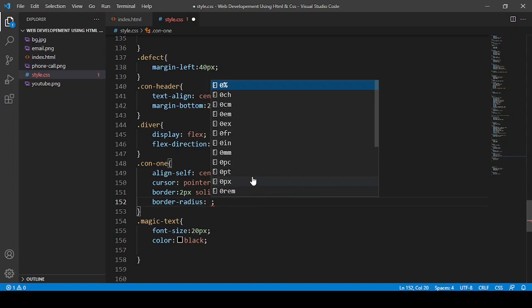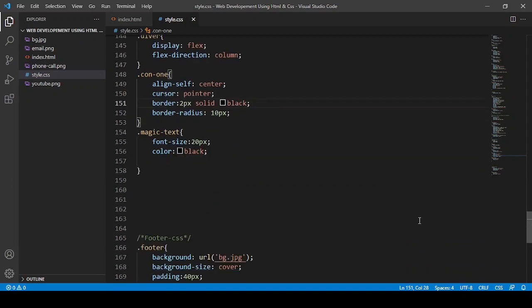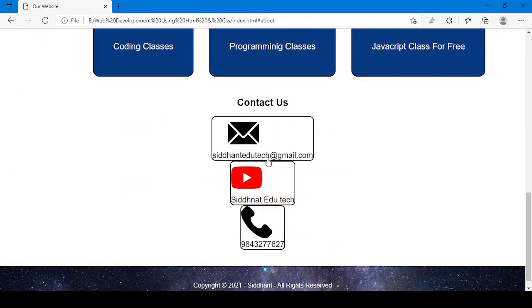How much should I give? 8px, not 10px. Yeah, 10px. And now if I just load it, now here you can see.